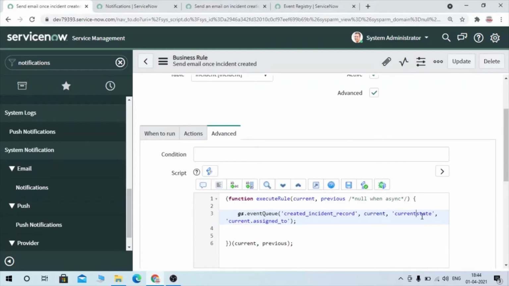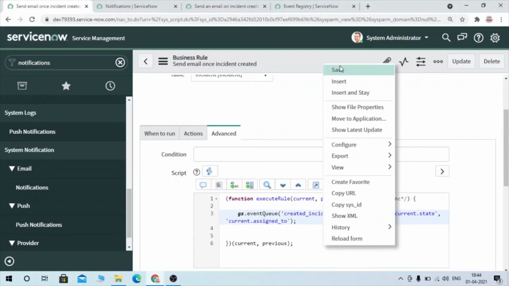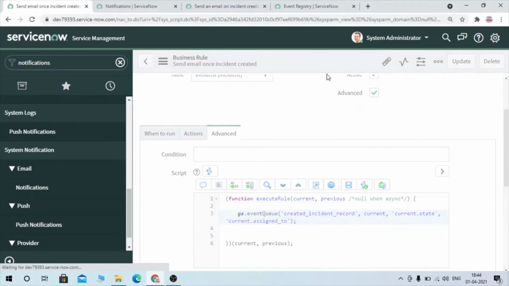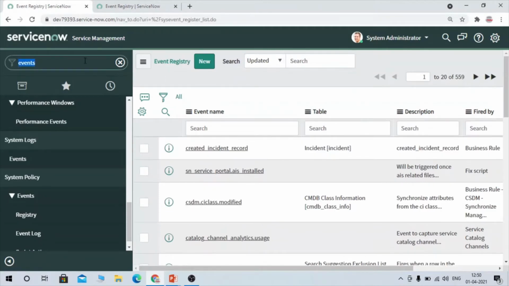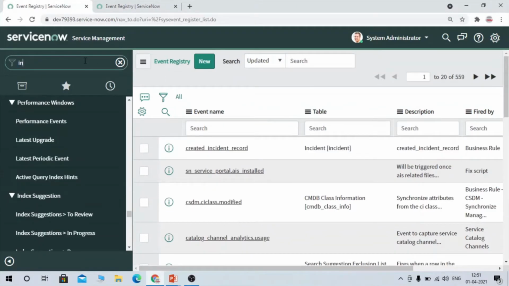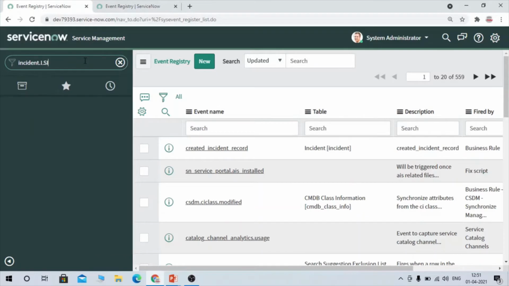Okay, so here I have to put a dot, and now I'm going to save it again. So we are done with the configuration. Now we have to create an incident to test it.